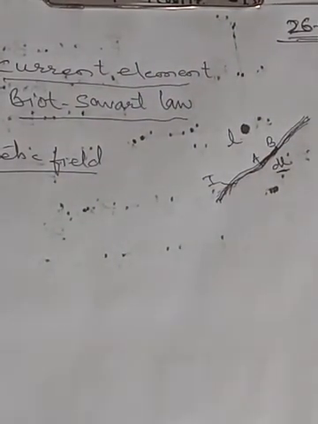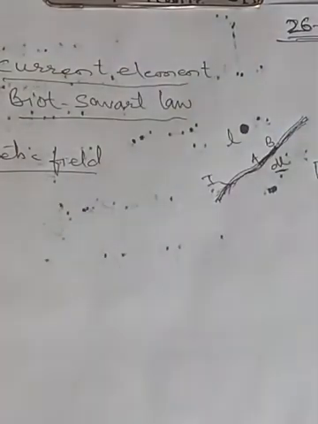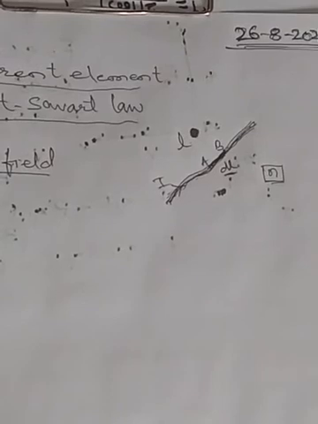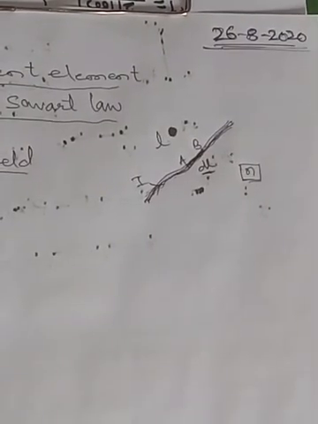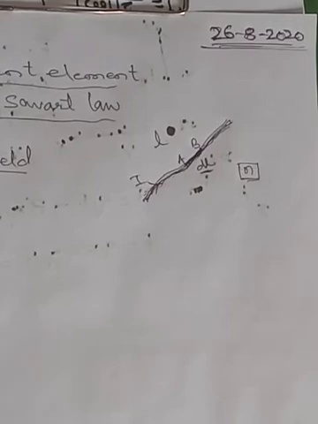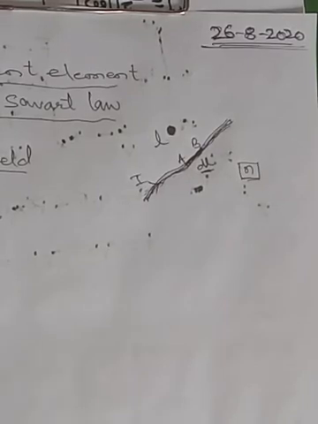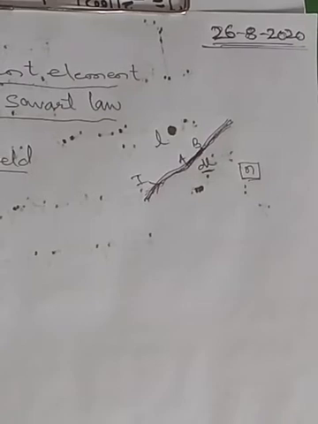So suppose in this wire n number of charges are moving. All the charges will not be at the same point. Everyone will be moving differently, and n number of charges will not be present at one particular point. So it is very difficult for us to consider the magnetic field due to each charge. Each charge के लिए कितना magnetic field create करना है, n number of magnetic fields, वो निकालना बहुत मुश्किल है. It is very difficult to consider the magnetic field of each charge and the vector sum of individual magnetic fields.